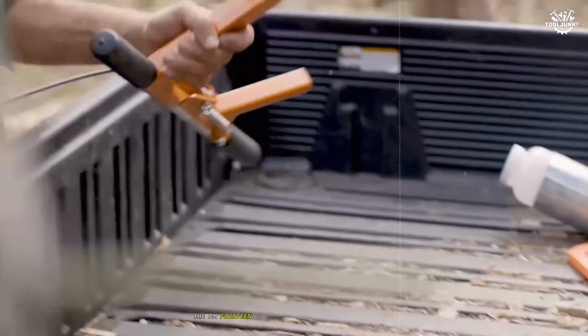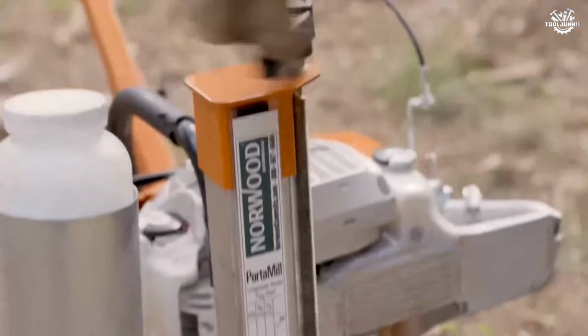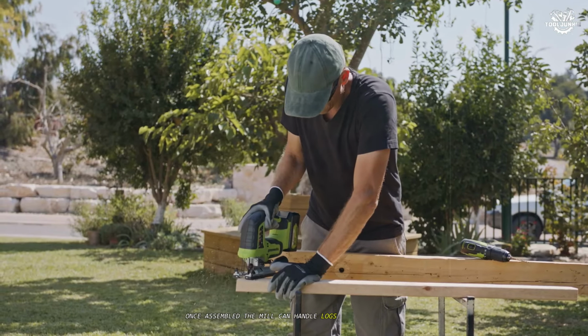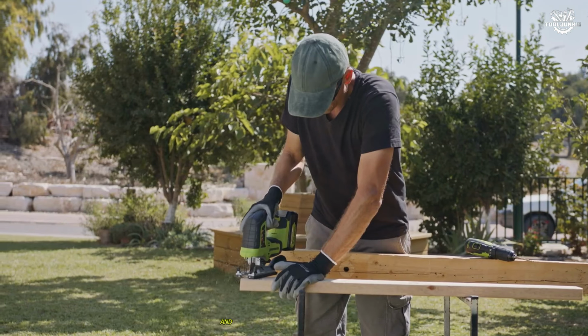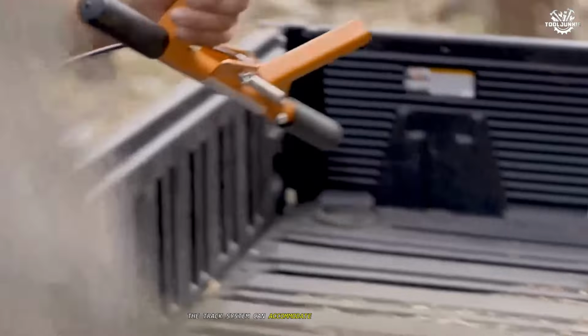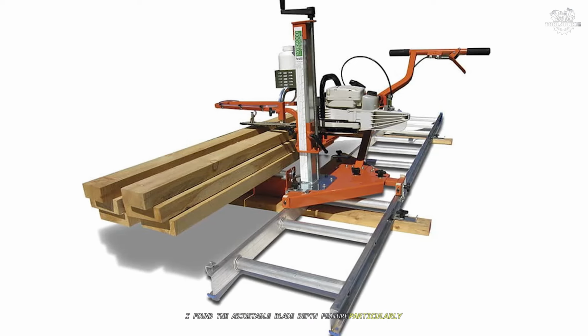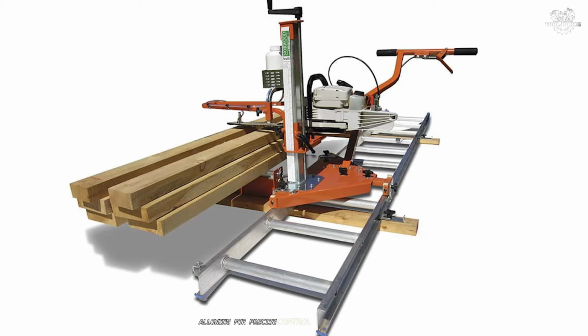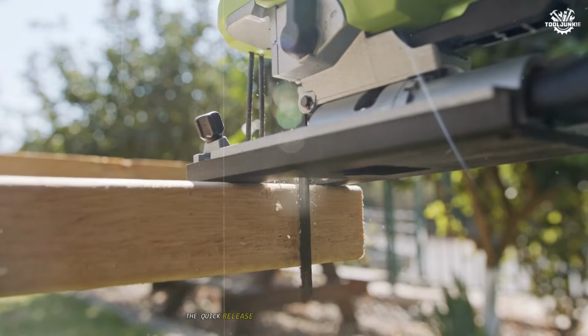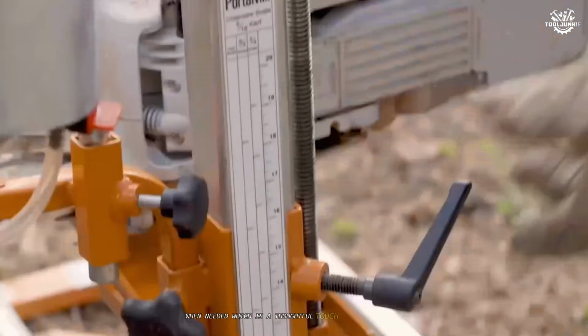The PM14 setup process is more involved than simpler mills, but the included instructions are clear and comprehensive. Once assembled, the mill can handle logs up to 14 inches in diameter and produce boards up to 8 inches wide. The track system can accommodate logs up to 10 feet in length with the optional track extension. I found the adjustable blade depth feature particularly useful, allowing for precise control over board thickness. The quick-release chainsaw mount made it easy to remove the saw when needed, which is a thoughtful touch for maintenance